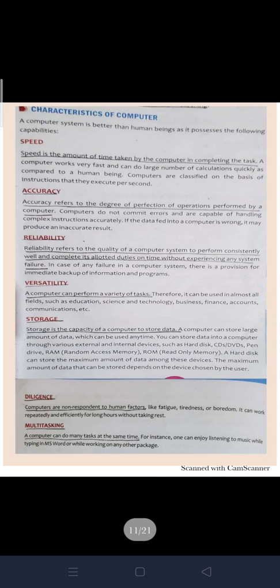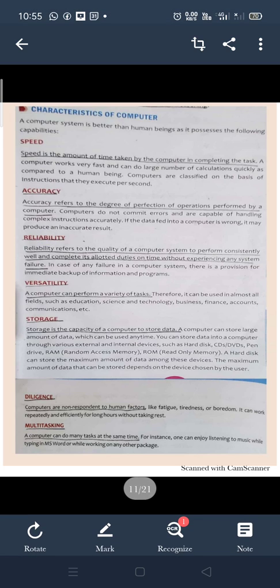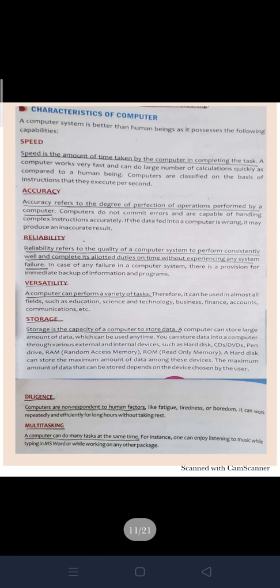Now accuracy, that is the degree of perfection of work, that is called accuracy. Computers are very accurate. They never commit any mistake. They are never wrong. Until and unless the wrong input is given, they don't give you a wrong result. Okay, reliable, that is the quality of a computer to perform consistently well. We can trust computers that they will constantly do well, okay, and complete their duties in a particular prescribed time. So that is, they are reliable.